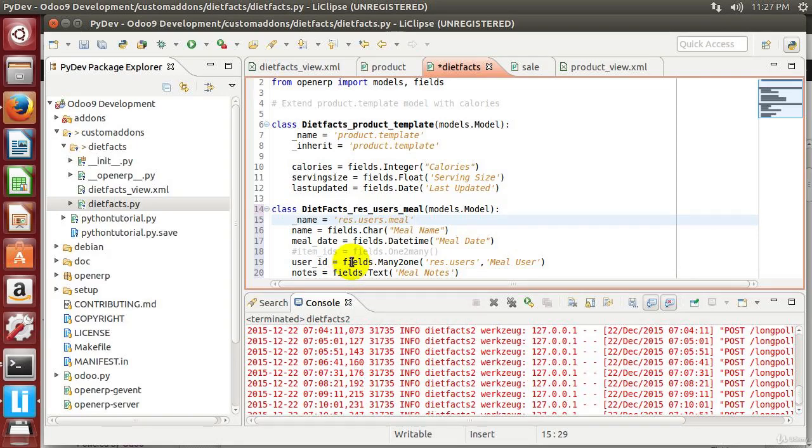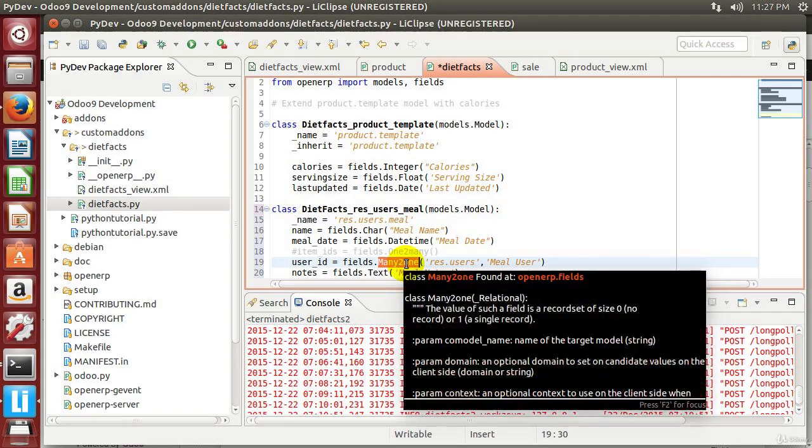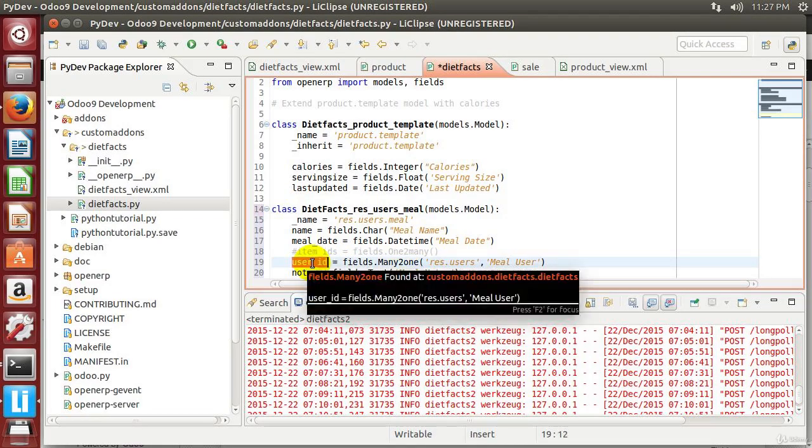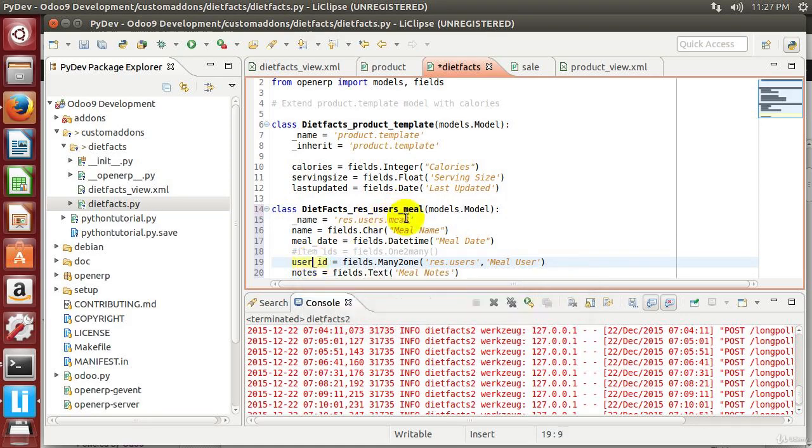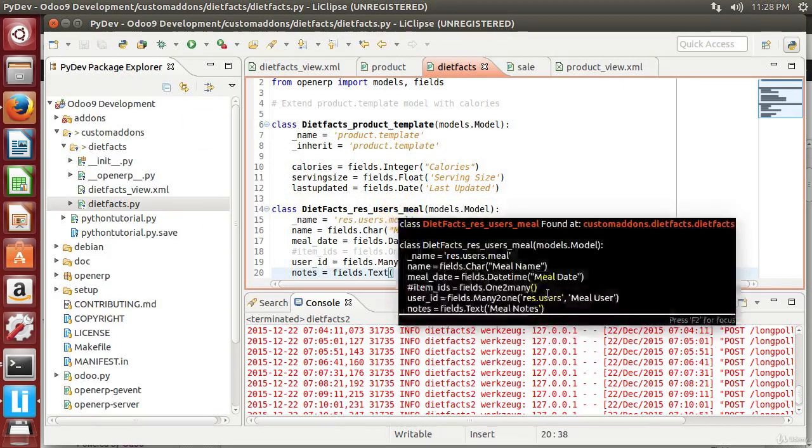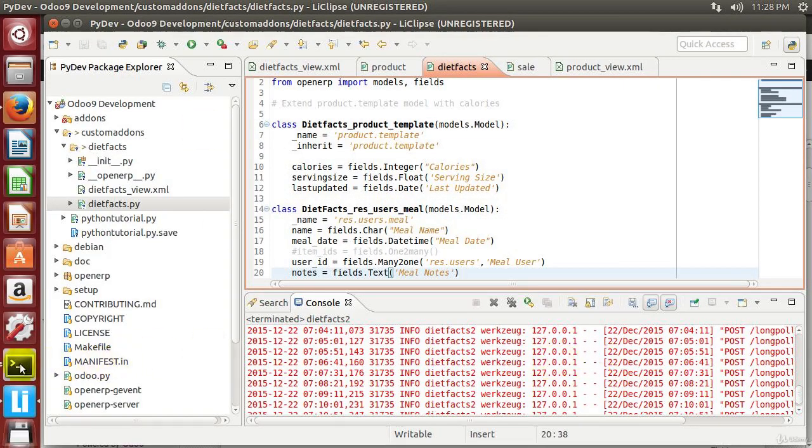And how are we going to do that in the code? This is the key in the code, is we're saying many-to-one, meaning that there's many users out there, but only one of them can be assigned the user ID for this meal. So this is going to be who ate the meal, and we're tying it to the res.users table that we looked at earlier. So we're going to go ahead and save this,